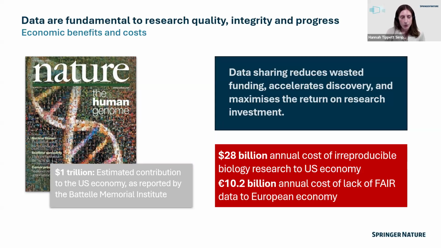Crucially, the data sharing model wasn't an afterthought. It was built directly into the project, and the Bermuda Principles established during strategy meetings in the 1990s required that all of the human genomic sequence data be released within 24 hours electronically. And these principles haven't just shaped genomics. They've become a model for rapid data sharing across other fields like proteomics and beyond. It's also a really powerful example of what can happen when the research community aligns around data sharing and openness. And it also shows the critical role that policy and infrastructure can play in reinforcing those expectations.